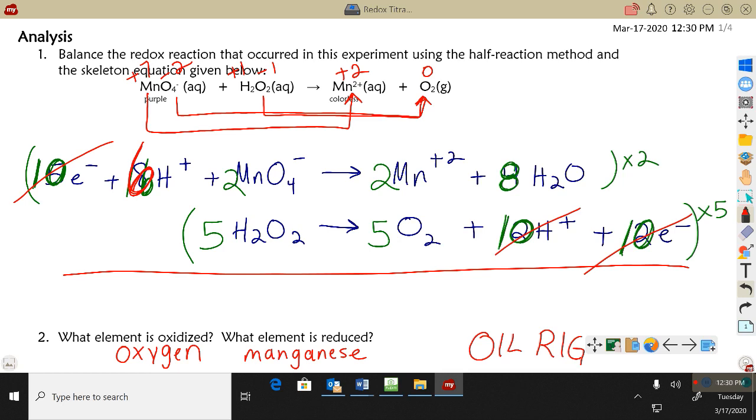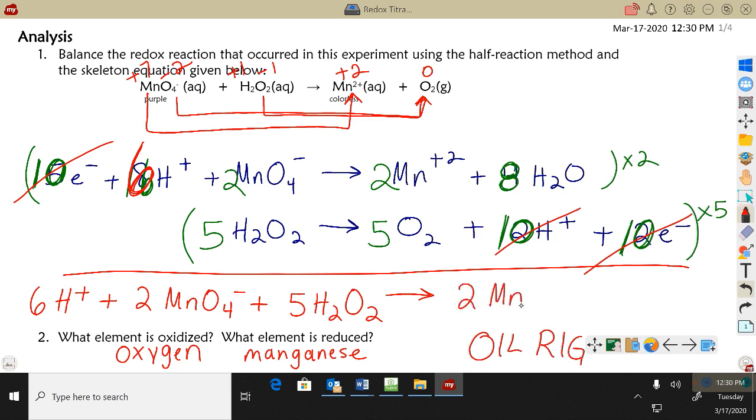And then I think we got it. In any order, on the reactant side, there are 6 hydrogen ions, 2 permanganate, and 5 hydrogen peroxide. And then on the product side, I'll have 2 manganese ions, 8 water,